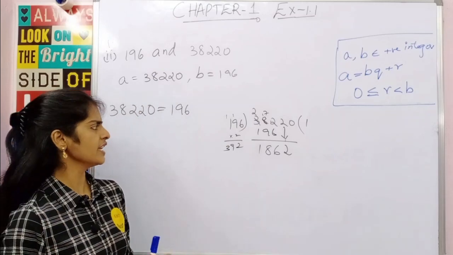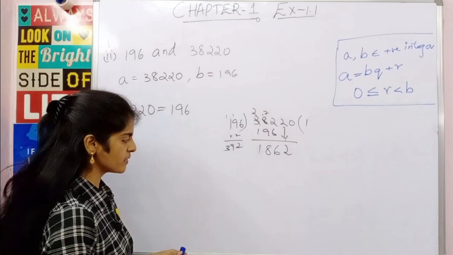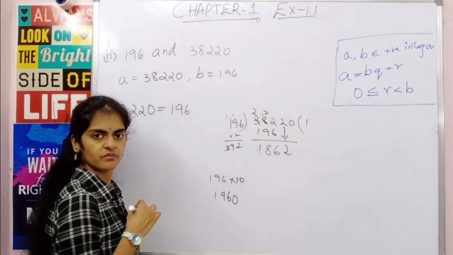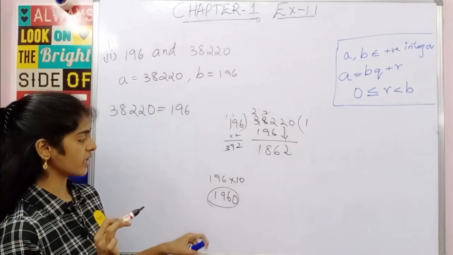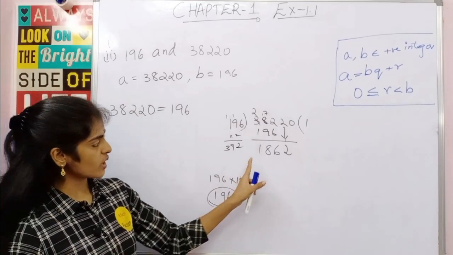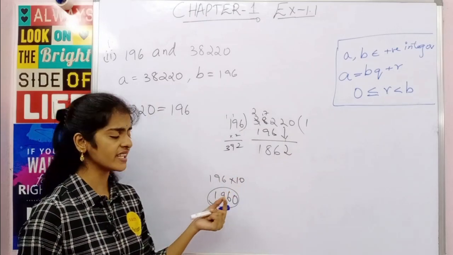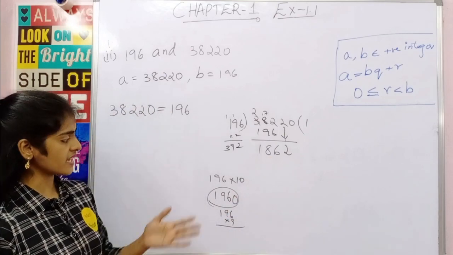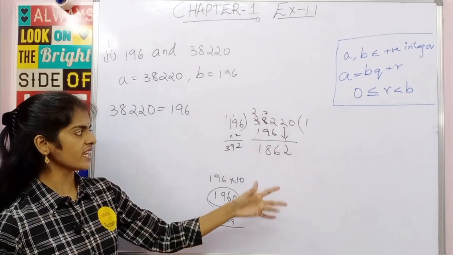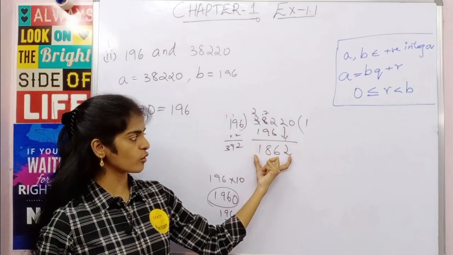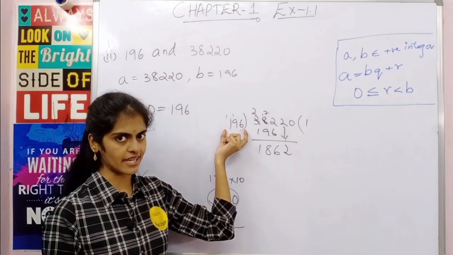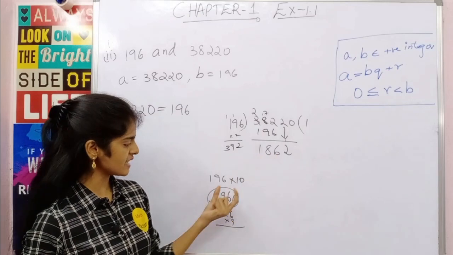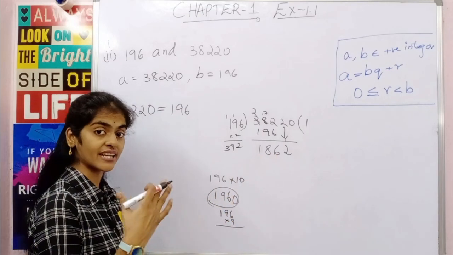You know that 196 into 10 will be 1960. That is the tens. 196 multiplied 10 times will give you this, but you have 1862, which is a little lesser number. That means definitely it will be 196 into 9, close to this. I am not writing the 196 table. See how I am doing it. By just looking at the number, you can see it is close to 196 multiplied 9 times, because 196 multiplied 10 times gives a number a little bigger than this.